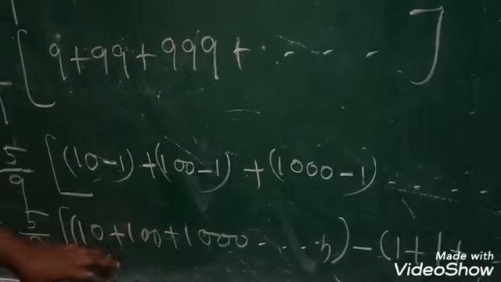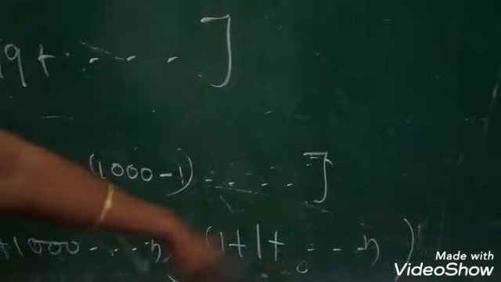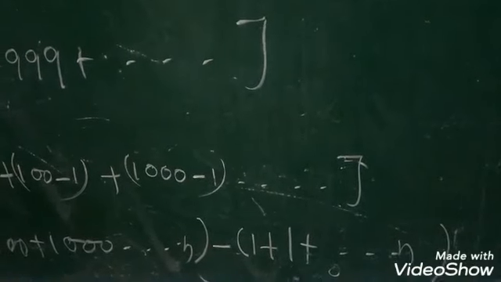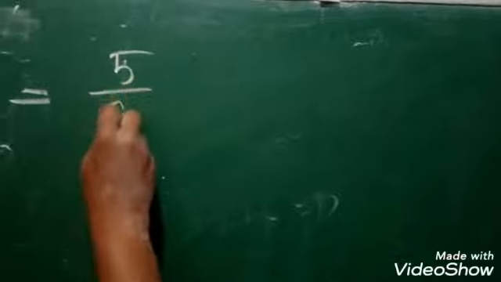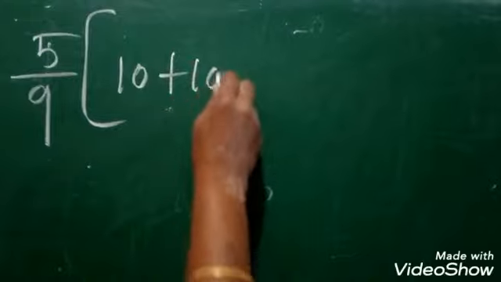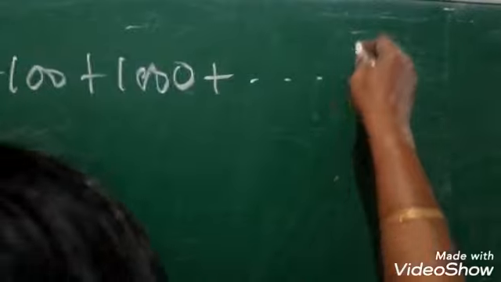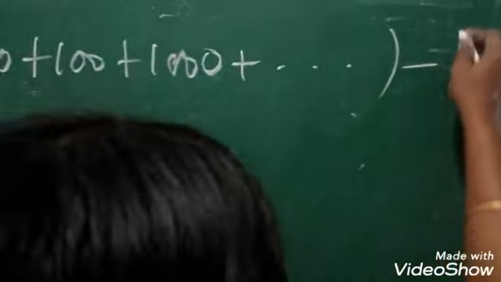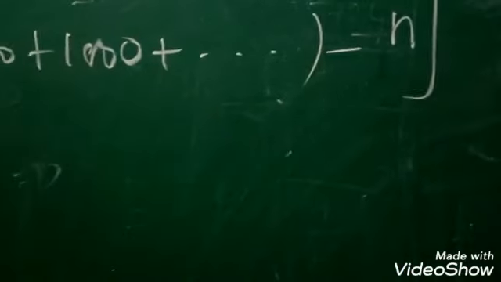The tens are in one group, the minus ones in one group. The minus I am taking out, and afterwards you have to put the 1s, which are repeated n times. The 1 is repeated how many times? n, you have to write n. The next step, 5 by 9 is outside, and 10, 100 should be a GP, because 10 is multiplied each time. So it is considered as a GP, minus the 1 repeated n times, so you have to write n.